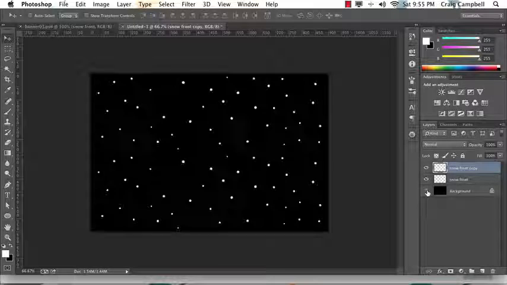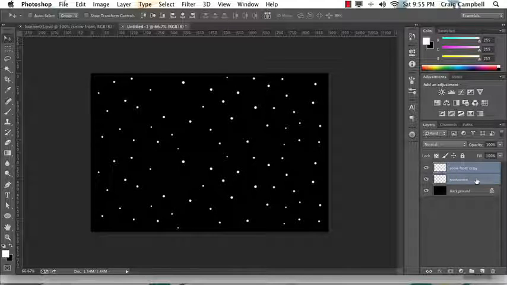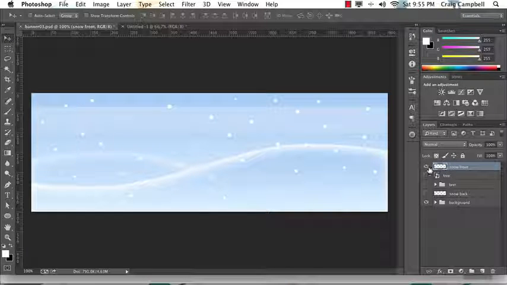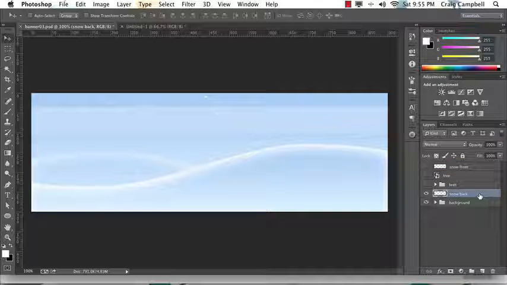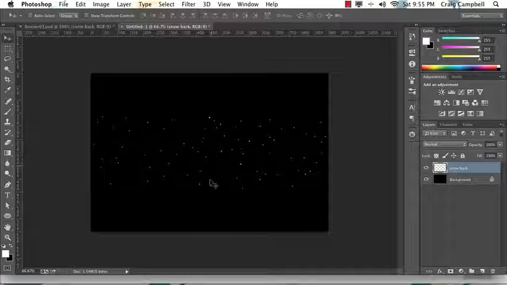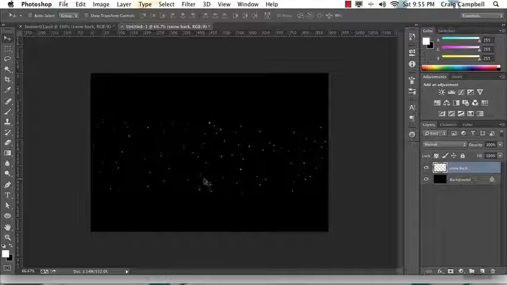and then we can do the same thing for our smaller snow layer. So I'm going to turn the background layer back on, grab our snow front and snow front copy layers and just delete them. And then we'll go back to banner 03, turn off the snow front layer, turn on the snow back layer, and we can see that's snow. So we'll click to select the snow back layer, and we can just drag that again onto our new file. Holding on to Shift, that will drop it in the center of the page,